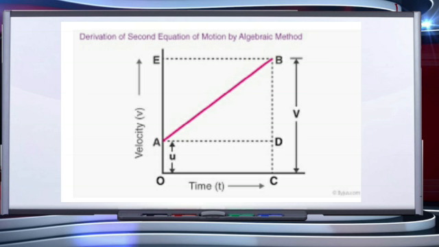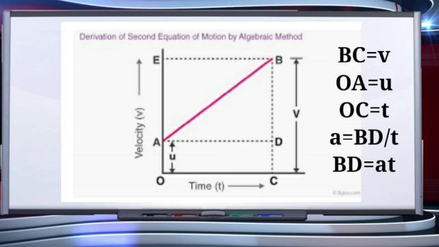Perpendicular lines BC and BE are drawn from point B on the time axis and the velocity axis respectively. Now a perpendicular line AD is drawn from point A on the line BC. So now we can write BC is equal to final velocity, OA is equal to initial velocity, OC indicates time,